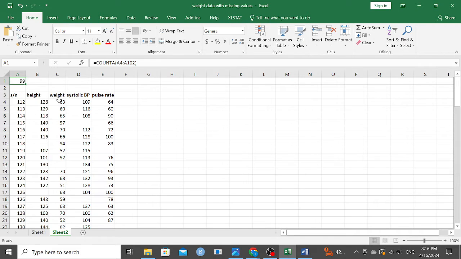We need to know for the remaining columns. This is it. So for the second column, which is height, we have 89, 93, 92, 94. It means we have missing values here. We have missing values in all the four variables. What we are going to do now is to calculate the percentage